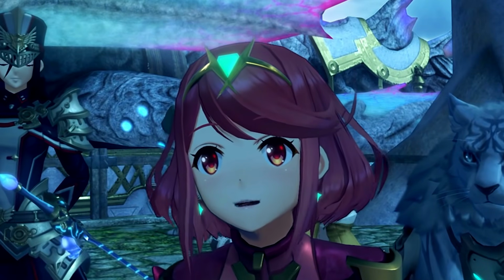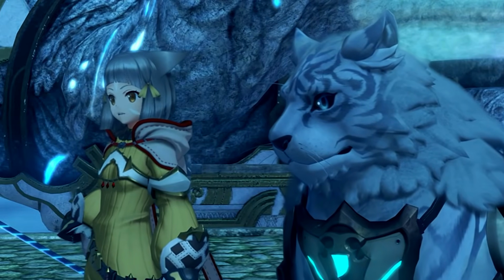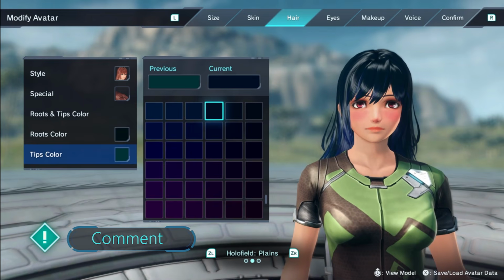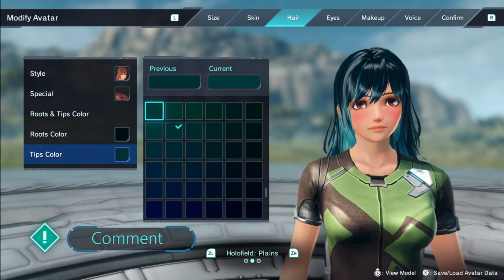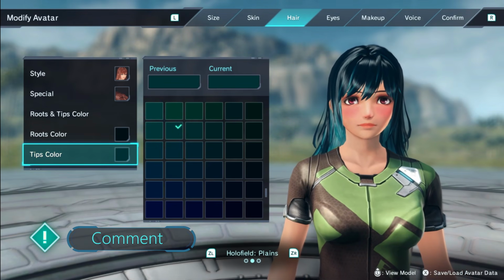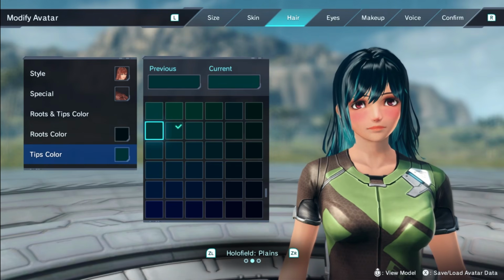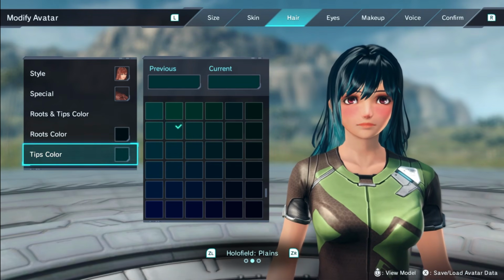It's great to see more hairstyles added from the other Xenoblade games, especially for fans who want to match their favorite characters in-game. Let me know in the comments which hairstyle you have on your avatar and what inspired you to choose it. My avatar's hairstyle is inspired from my own hair in real life, but it's a bit shorter